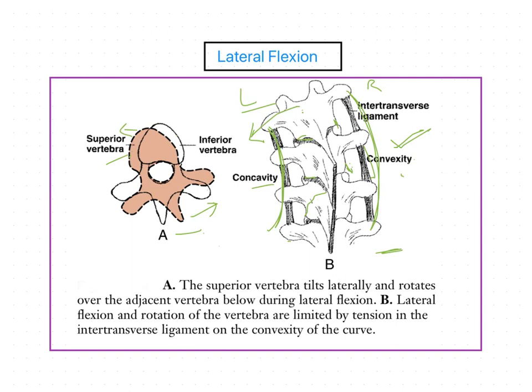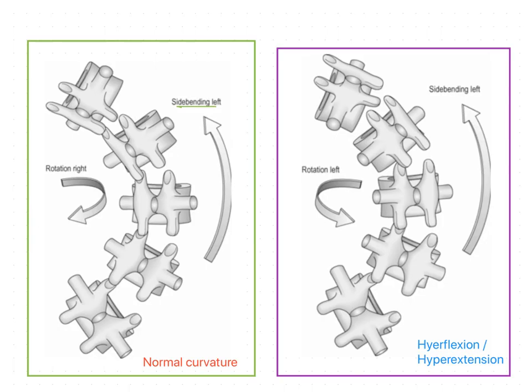Okay, and another important thing regarding lateral flexion. Here you can see during normal curvature, for example this one is also left side bending. So what will happen? The tilting of the vertebrae is on the same side, but the rotation is taking place on the right side. Rotation of the vertebrae is going to take place on the right side. Okay, if you observe carefully at the facet joints, you can understand this kind of rotation.